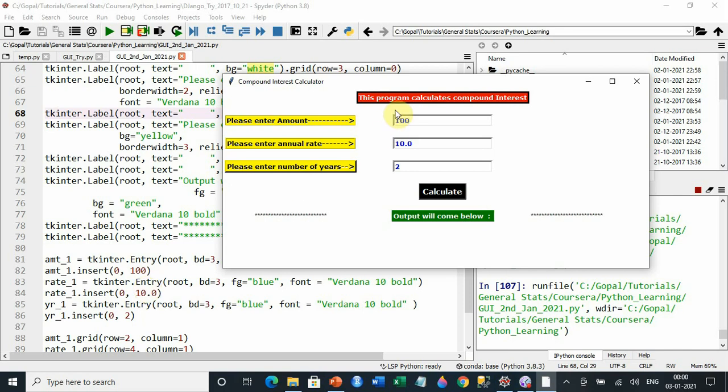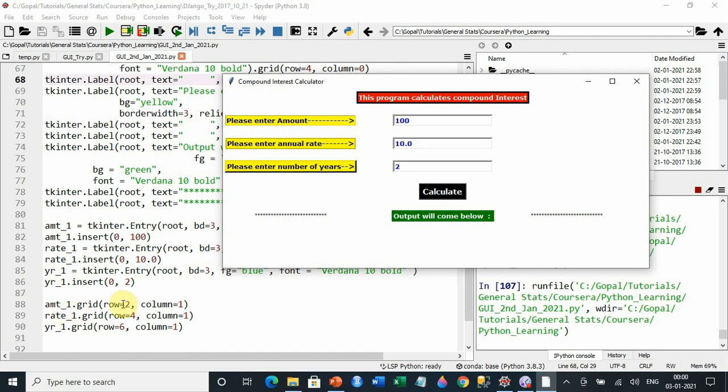What you need to understand is that this tells that these are the entry boxes and these are the default values, but you still need to place them inside this particular dialog box, and that's what is done by the grid command. When you say amount grid row 2 column 1, this is row 2 because this is row 0, row 1, row 2, and this is column 1.